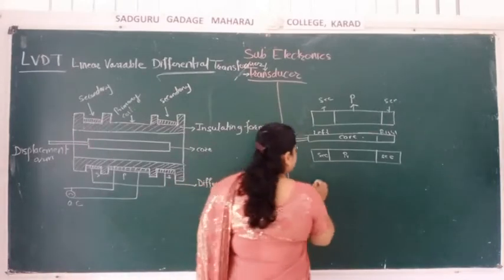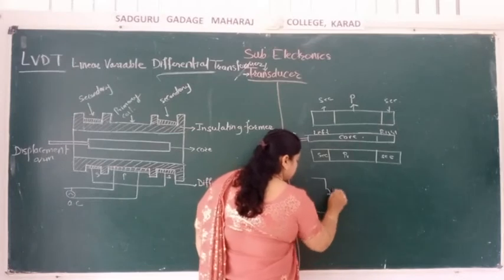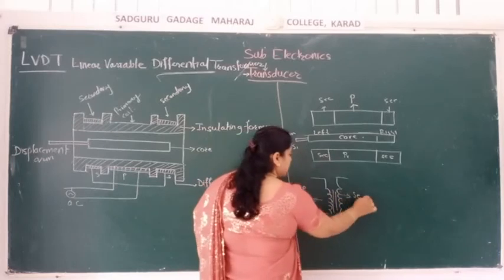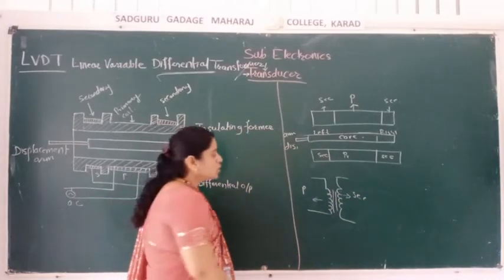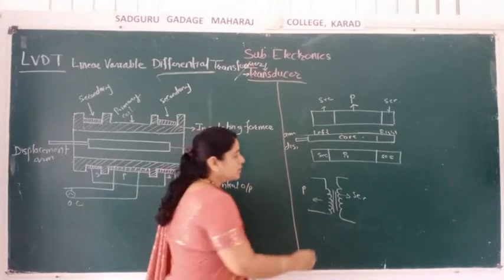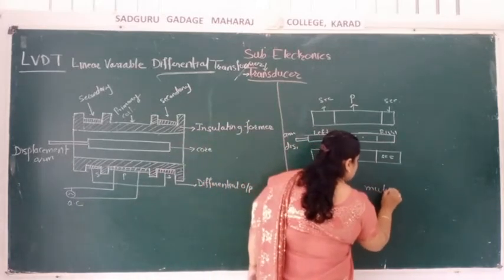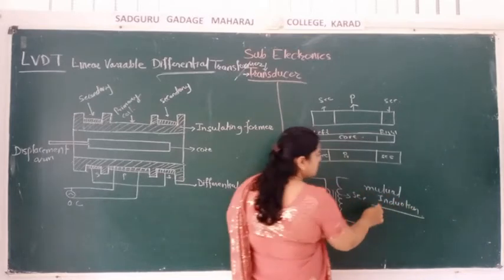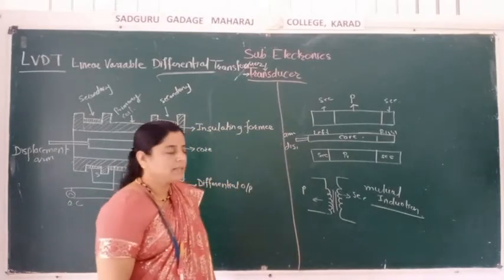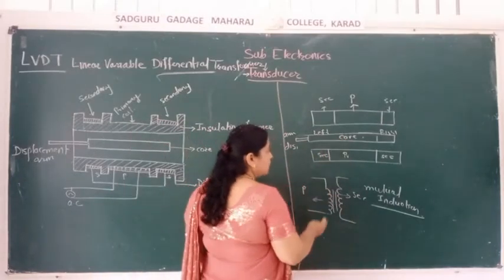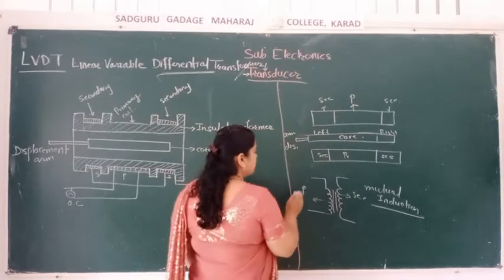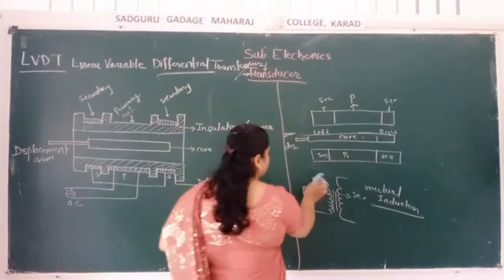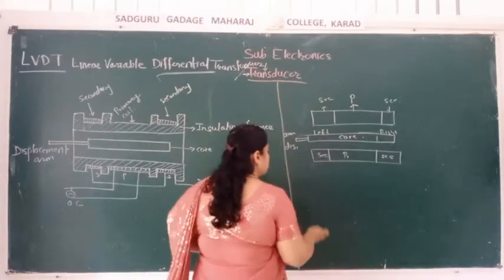So this is the transformer. These are the primary of the transformer, these are the secondary turns of the transformer. This transformer works on mutual induction. Mutual induction means the transformer works on mutual inductance. In this core there are two types of windings, the primary winding and the secondary winding, and the windings are not the same. Okay, just see, I want to draw it here.